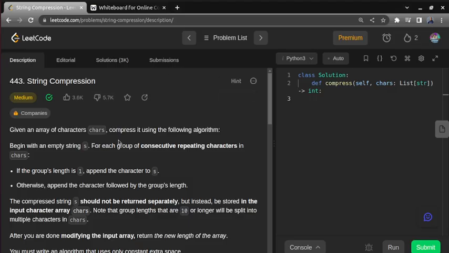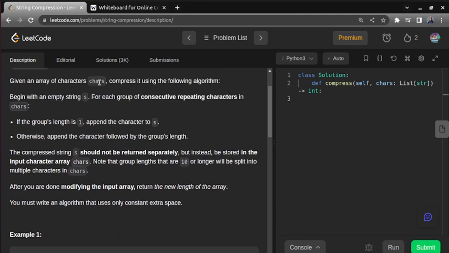Hello my dear friend. So today we are going to solve the problem string compression. So what we are going to do in this question: a character array will be given to us. We need to compress it, and how we are going to compress is they have given the algorithm. So they told that what you need to do is you need to take an empty string s, and for